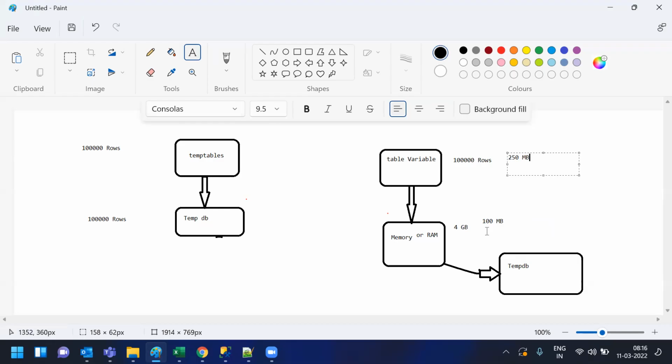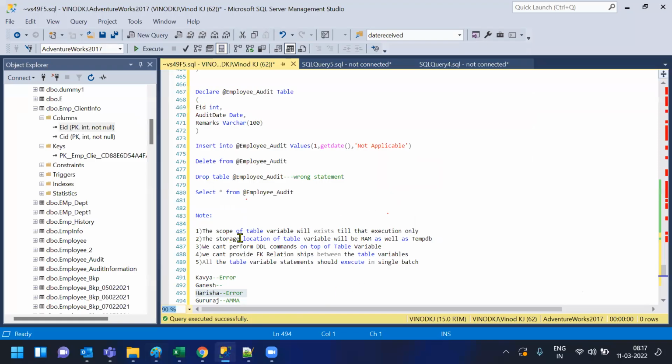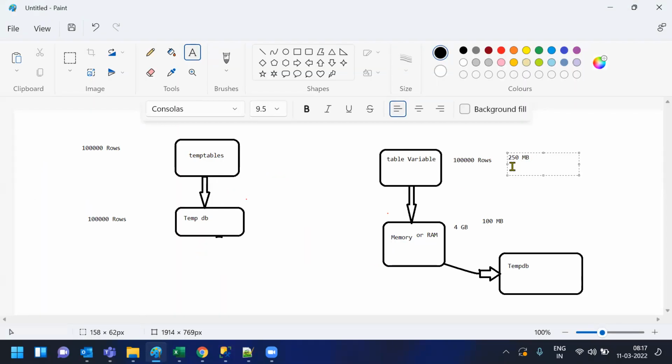Yes, sir. In such a case, what SQL Server will do is push the remaining data into TempDB again. Understand? That's the reason I said this point: the storage location of a table variable will be RAM as well as TempDB. So if the data exceeds what we expected, it will push the remaining data into TempDB. 100 MB of data will be in RAM, and the remaining data will be pushed into TempDB, guys. Now, whenever we request the data, select star from that table variable within the execution,